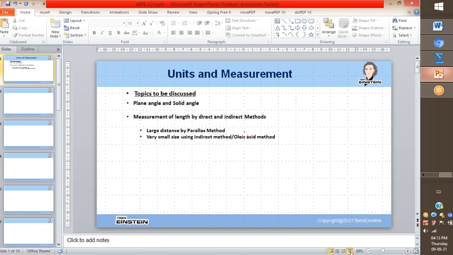So let us first start with solid angle and plane angle. What are those? What is solid angle and what is plane angle? Just a minute, my screen is coming. Okay, so